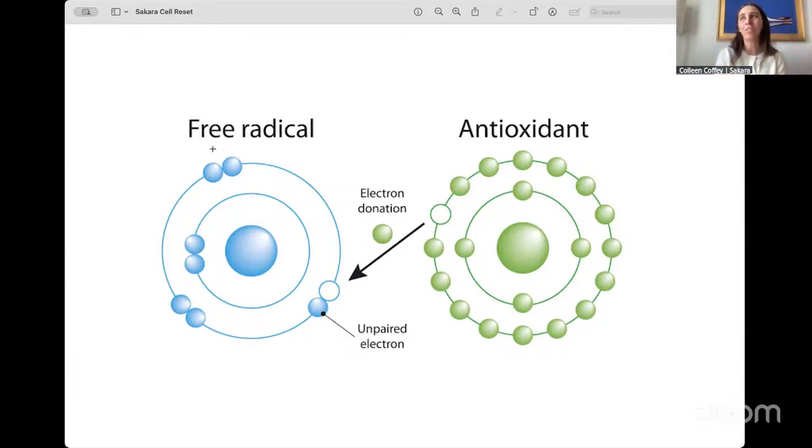The other really interesting part is they're actually a natural byproduct of our metabolic process. So even if we live in the cleanest environment out there, we still have free radicals generating in our body. It's a very natural process, which is what makes antioxidants so important. And so fulvic acid, which is the main ingredient in our cell reset, is really rich in those antioxidants, really